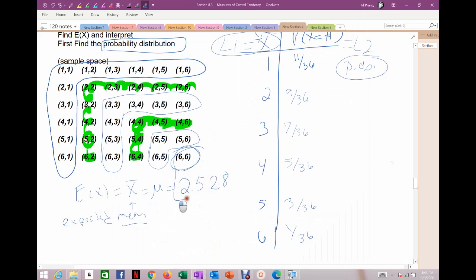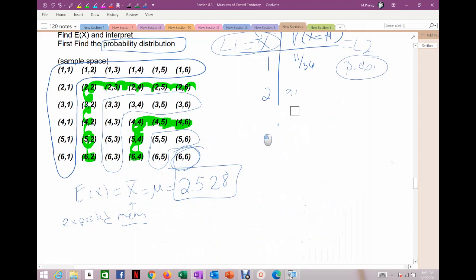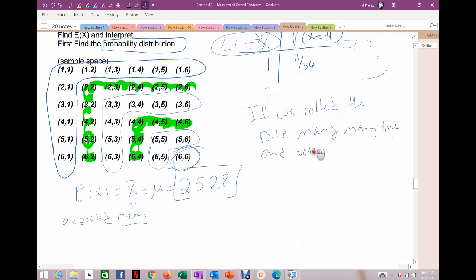2.528. So if we did this experiment a lot, if we rolled the dice many, many times, thousands and thousands of times, and noted the lowest, so we tallied the lowest number from the pair that we rolled, the average would be expected